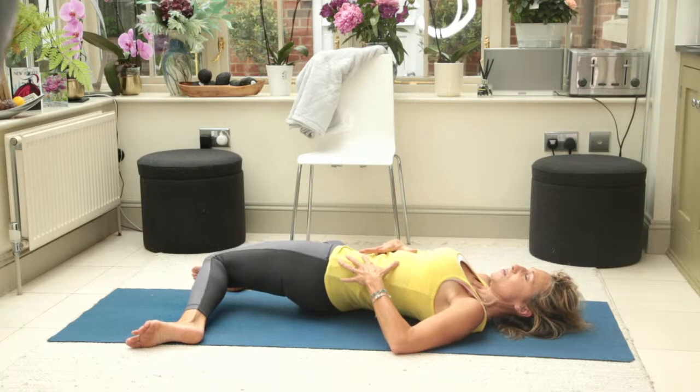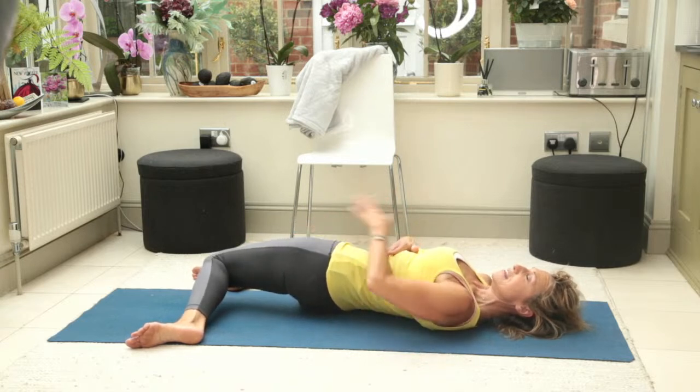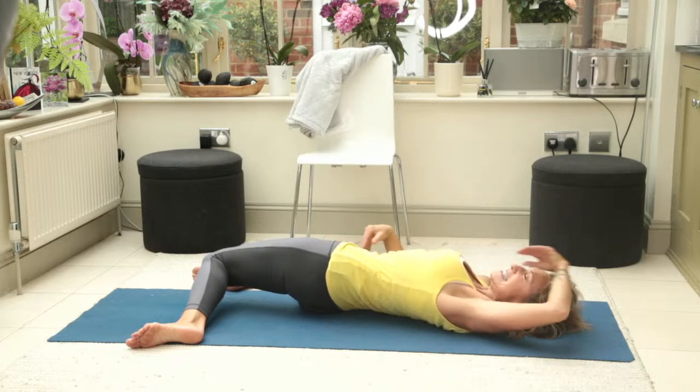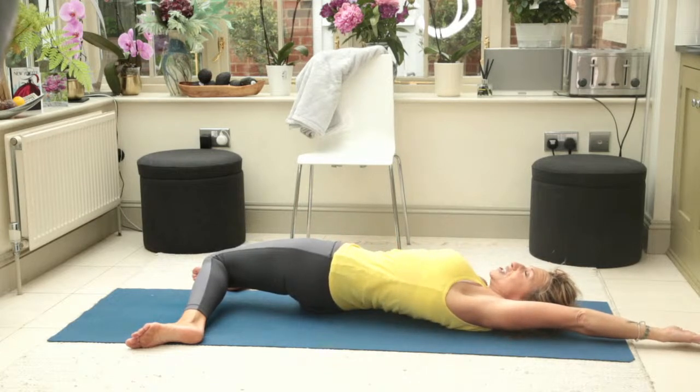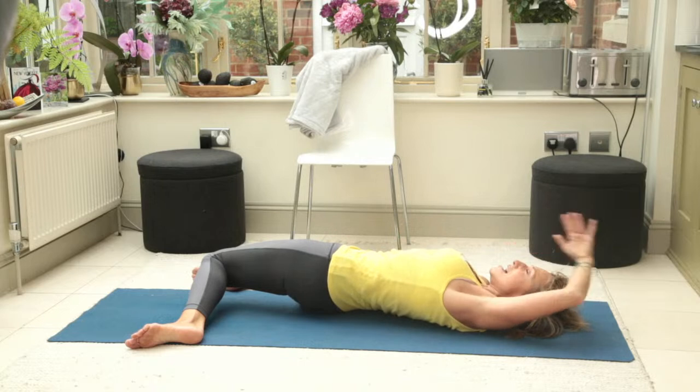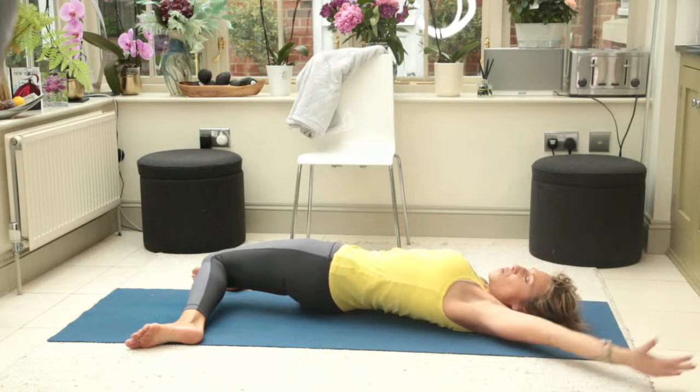So again, check your position, energize that top knee so there's an active relationship from the foot, from the knee, all the way to the hip, and extend that arm up. Now stretch it a little bit further. Good, take a deep breath in and just spin the arms around. So we're getting some upper body mobility, as well as a little bit of, again, connection with the hip flexor